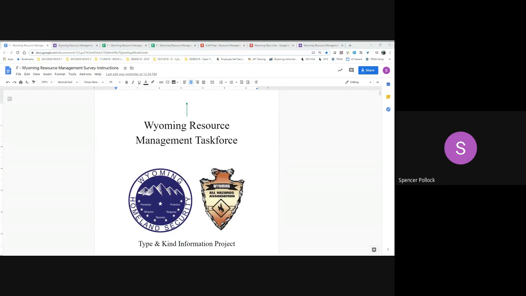This is a culmination of the Type and Kind project that the team has been working on throughout the last several months. The effort here is really to help all of you and all of us understand what resources are out there around Wyoming, organize that data, and then redisplay it in ways that can be useful to you and us at the state level and the county level. This should help us all as we move into disaster season and help us continue with our planning efforts.